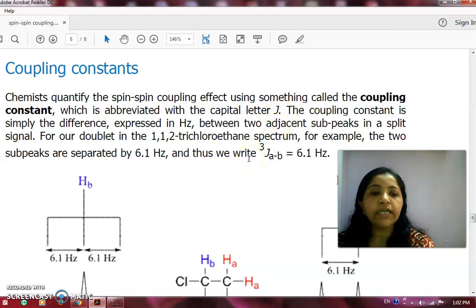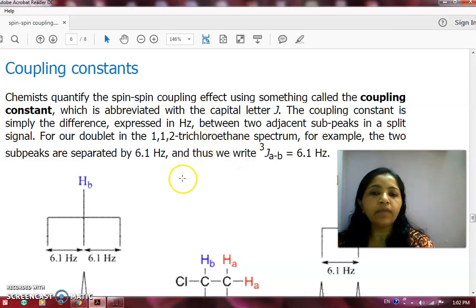J tells us that the splitting is there, and this splitting is due to what type of